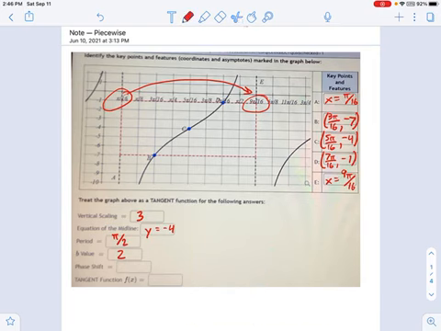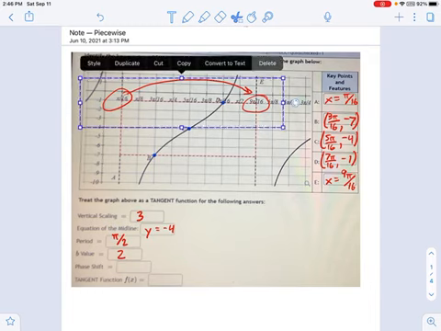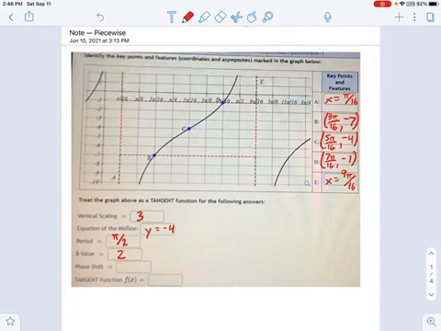The phase shift. If you think about where the phase shift is on a tangent graph, this is the easiest way I have for it. The phase shift is just dead center, right? But it's vertical. The midline was horizontal. Phase shift runs vertically. So what's that value? It's 5 pi over 16. And it's always going to be in the center for tangents. Cotangents is a little different. We'll get into that in a bit.